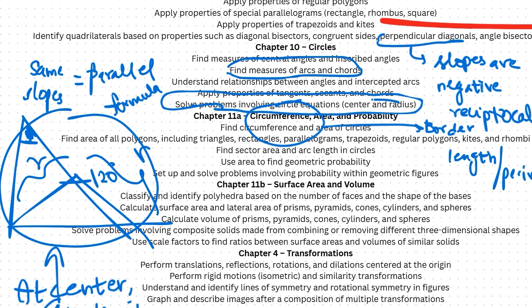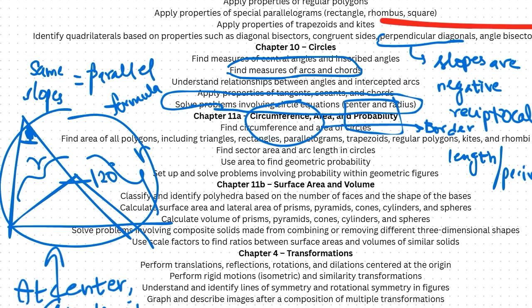Probability. What is the formula for probability? It's favorable upon total. Favorable upon total. Okay. Next,